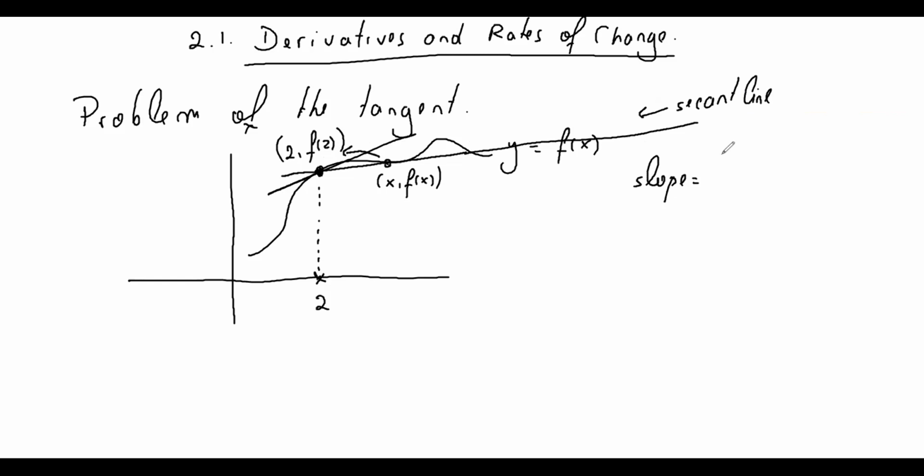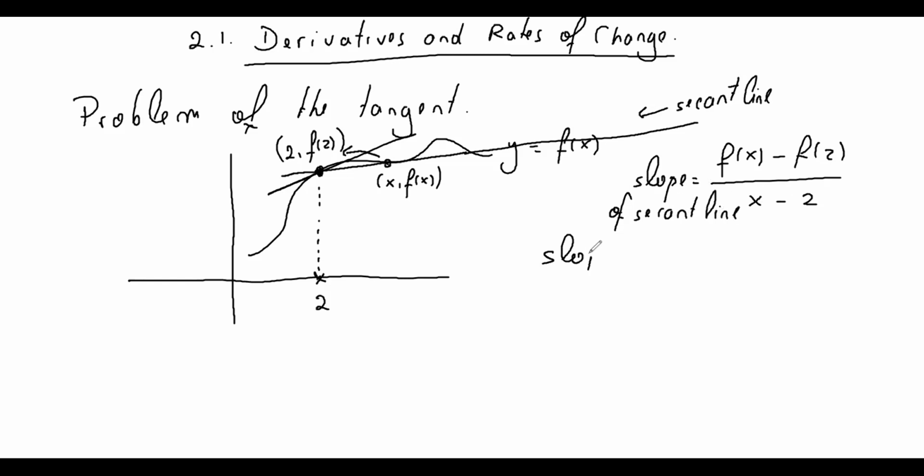So in this case it is (f(x) minus f(2)) divided by (x minus 2). That is the slope of the secant line. Now, if you want the tangent line slope, the slope of a tangent line